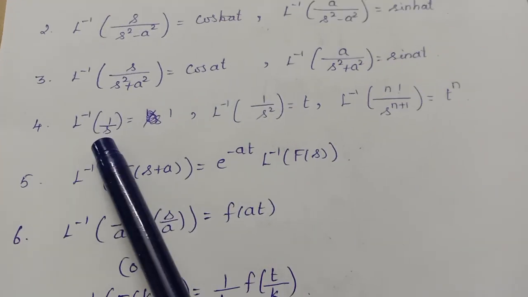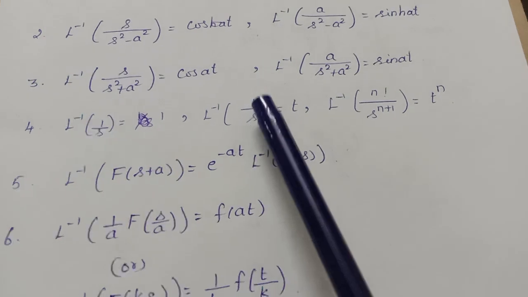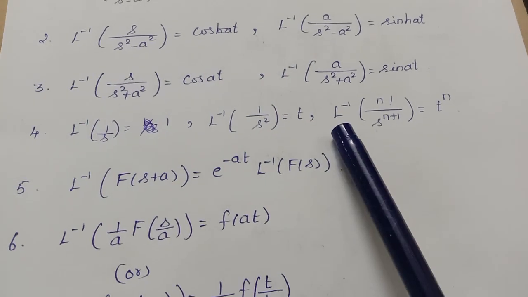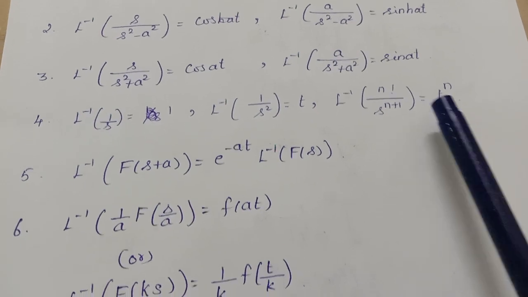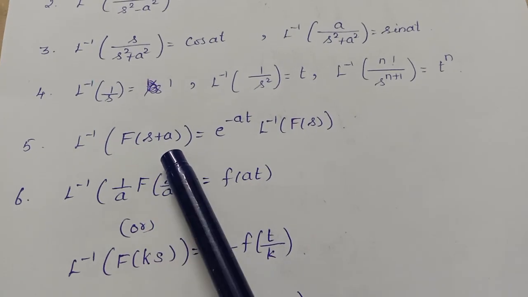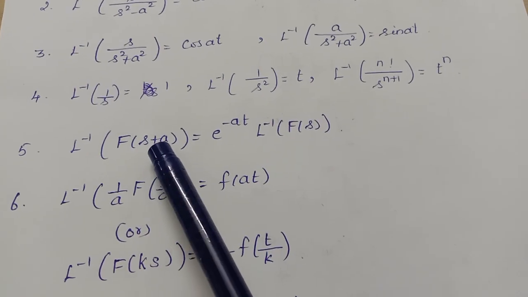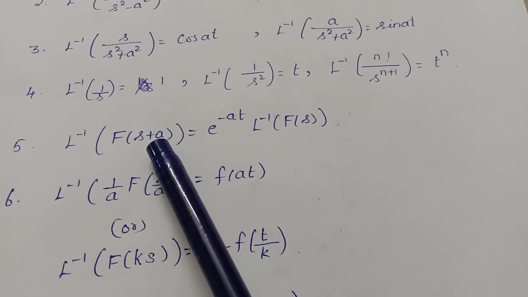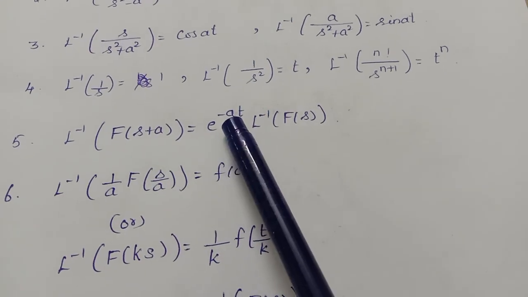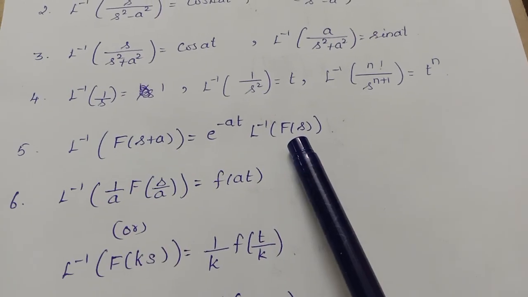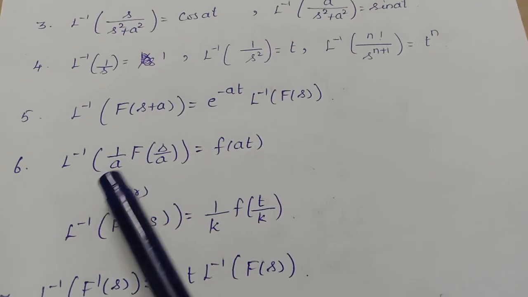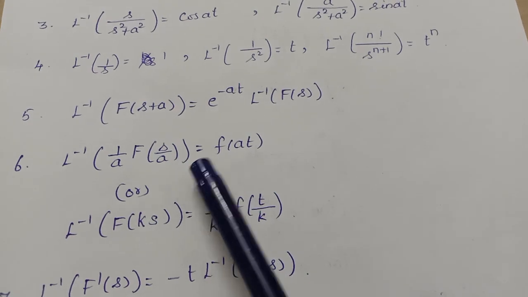And L inverse of 1 by s is 1, L inverse of 1 by s square is t, and L inverse of n factorial by s power n plus 1 is t power n. And L inverse of f of s plus a: what you have to do here, the plus a can be removed by putting e power minus at in the front into L inverse of f of s alone. Then L inverse of 1 by a into f of s by a is equal to f